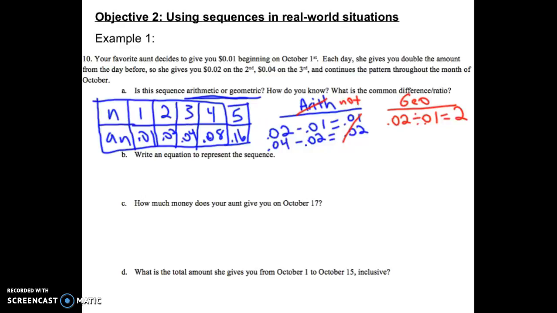To test it, the third one, 0.04, divided by 0.02 equals indeed 2. So this sequence that I drew a table of, based off of the problem, goes up by a factor of 2 each time. So it is indeed geometric because it has a common ratio